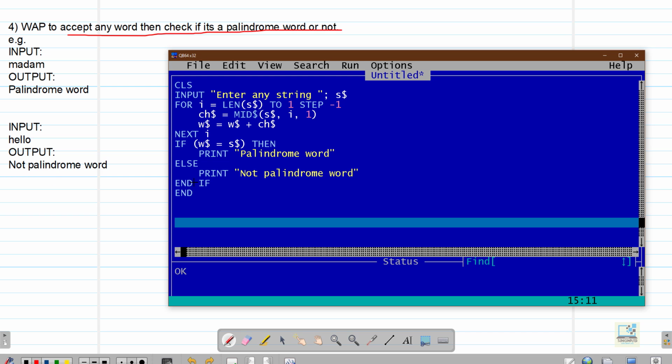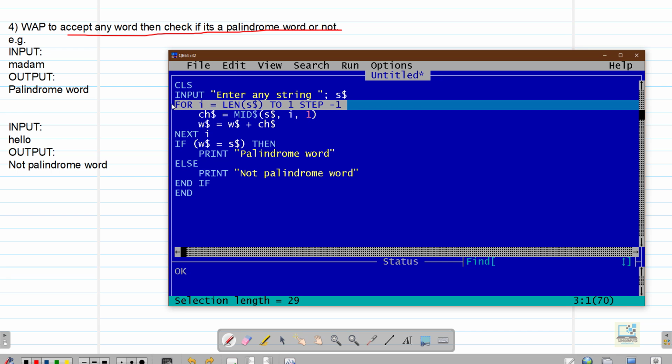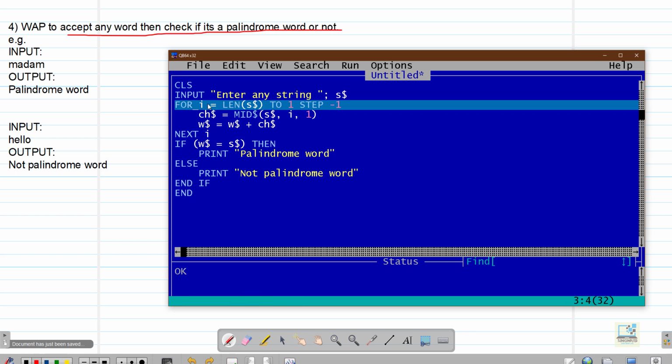So this is the program. You need to take input a string, and you basically have to run a reverse loop. Normally we run the loop from 1 till the length of the string. Now you run from the length of the string to 1, step minus 1. So every time you take out the character, you take it out in reverse, right? If we take the word madam and run the loop from the length of the string, which is 5, there are 5 characters.